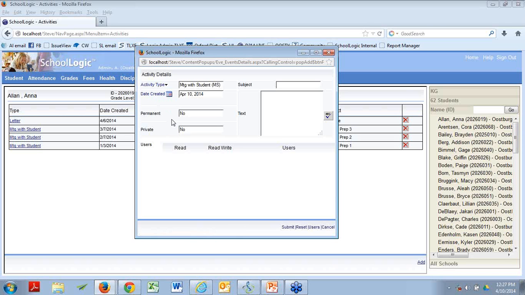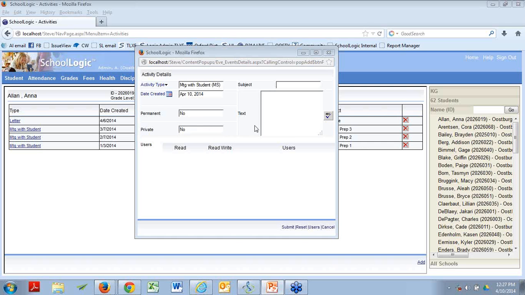Permanent does what you probably think it is. There's some other parts of our software that work this way as well. If you say yes to permanent, this item will stay with the kid year after year after year. So if you were maybe in elementary and you were working on that discipline light concept, simple issues that your elementary staff wishes to deal with, you want the ability to store, you want the ability to look back, you could use this. You'd probably mark this as no, which would mean that when you do the demographic rollover in the summer, this record gets deleted.